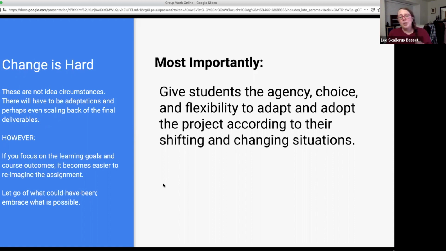Give them the opportunity, give them the ownership, give them the chance to have a say in what they'll be doing the rest of the semester and the rest of this time as we move online. What is it going to look like? How is it going to be? And really the rest of this presentation, if anything else, is thinking about ways that we include and encourage this kind of engagement and interaction with the students.